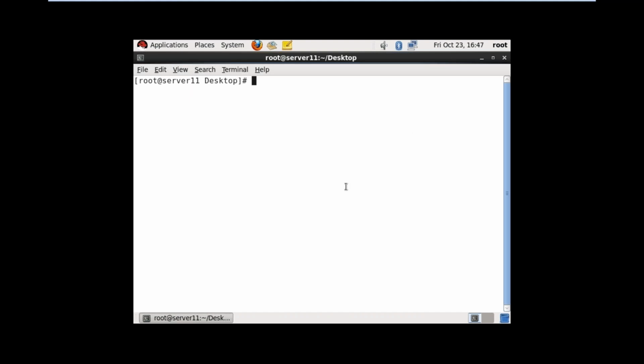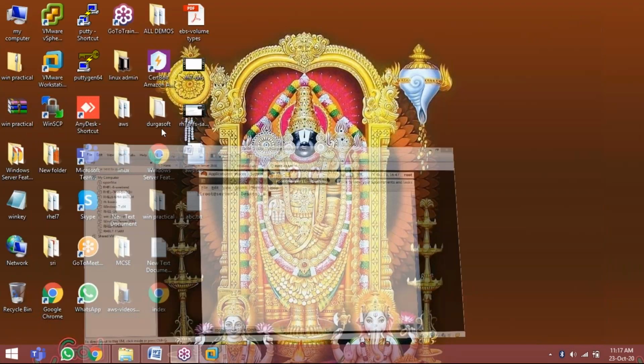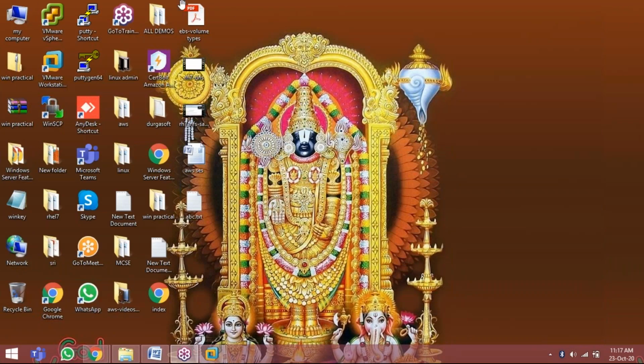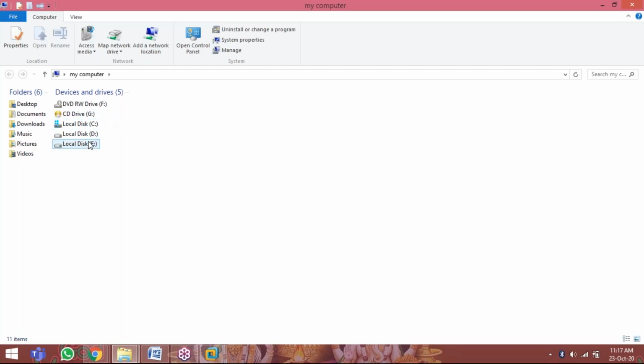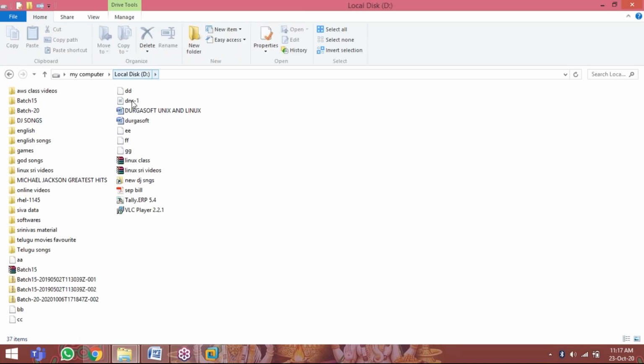In Windows, it is easy to understand because it is graphical mode, so you can simply tell where you are. For example, here I am seeing all the files and directories. If I want to see how many drives there are, I can open My Computer and see C drive, D drive. If I open D drive, it shows we are in D drive.